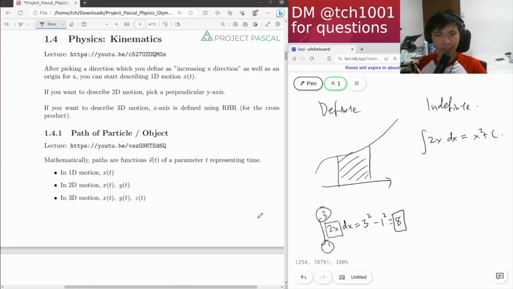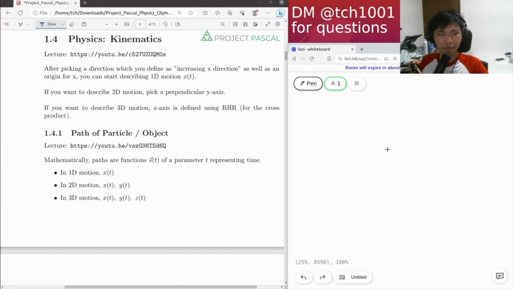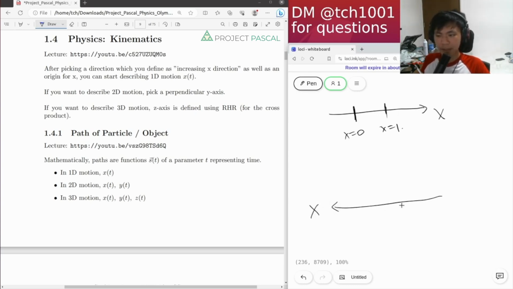So onto the concept of kinematics. If you want to study kinematics, the first thing you need to do is establish a coordinate system. And a coordinate system means we need to specify in which direction the coordinate is increasing. So for example, if I say that my x coordinate increases moving to the right, then this location is x equals 0. And if I move to the right by 1 unit, I get x equals 1. If I, on the contrary, specify that the coordinate system is leftward increasing, then if I have some point over here x equals 0, and I move to the right by 1 unit, I'm going to get x equals